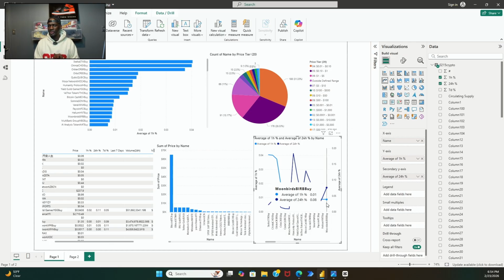In this particular visual, we're looking at the line chart. If you've been in 5th and 6th grade math, you already know. We've got line charts, column charts, bar charts. In this visual, we have a line chart. We have a horizontal axis, the x-axis, and a vertical axis, the y-axis. Here we have the names on the horizontal axis and the values of the 1 hour and 24-hour percent